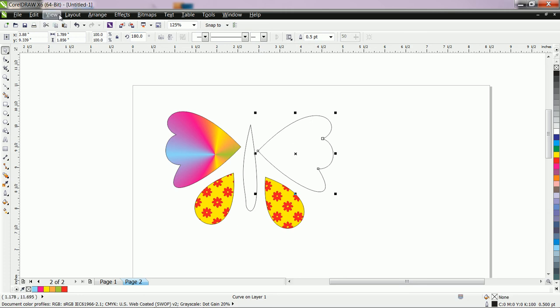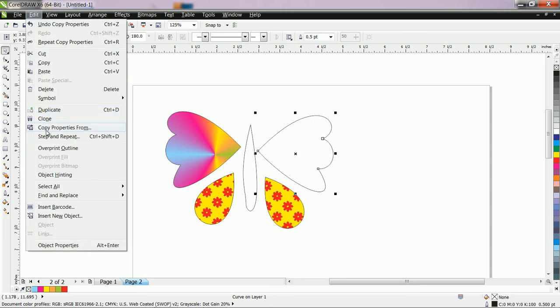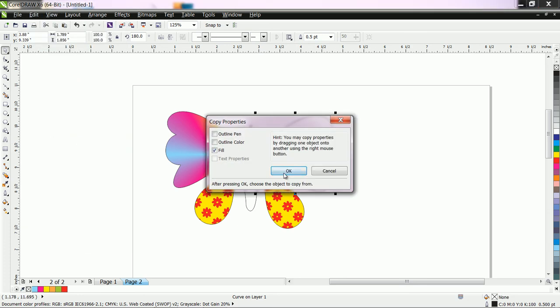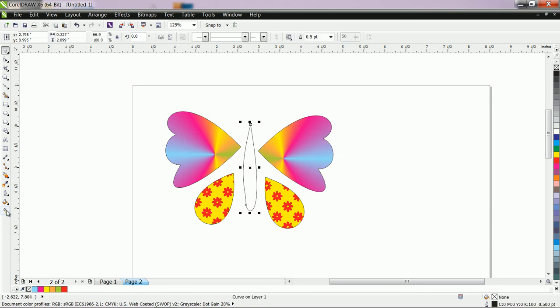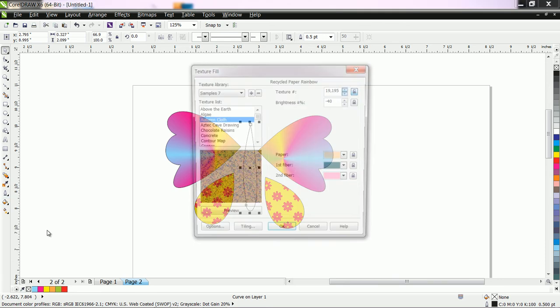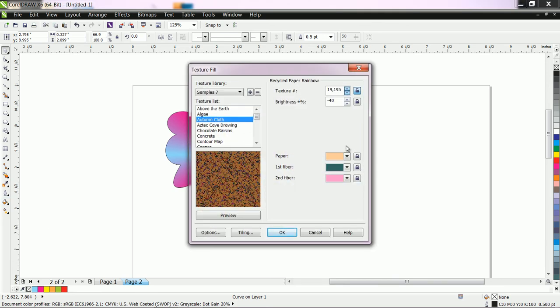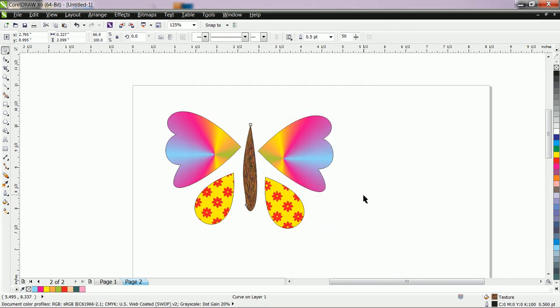As well as you can also use the same method, copy property from, fill this one. Okay, now here you can use suppose this texture. Okay, now you can also remove the outline from here, none, none.